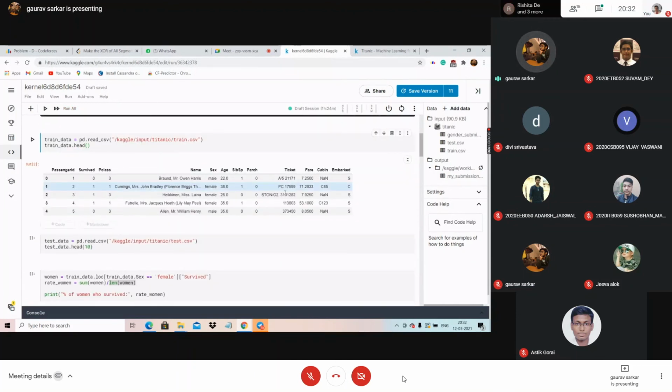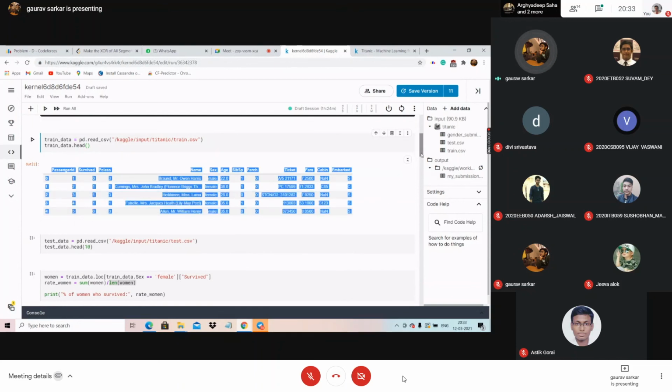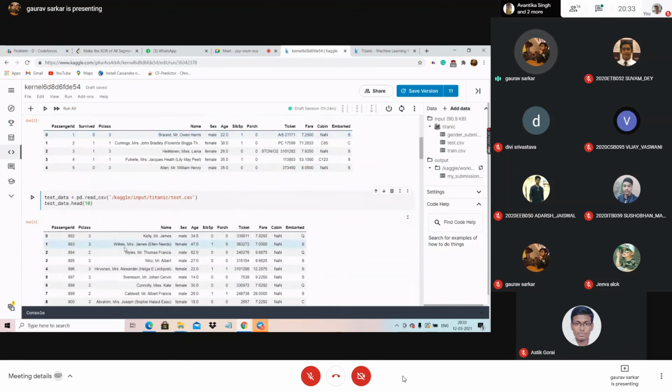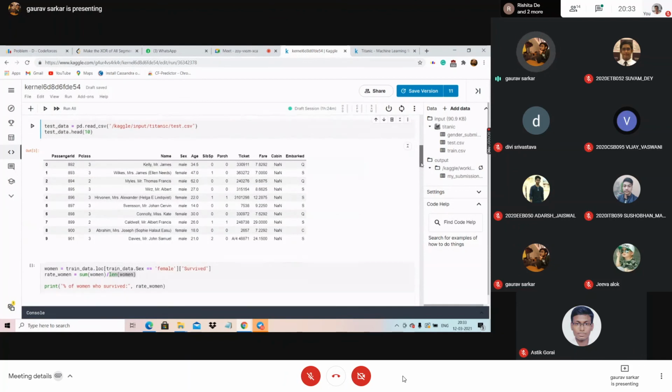Why this interactive interface is important is, suppose I am not sure about the data. I want to get visualization of the data. Now if you wrote the same code in Python, in command line, what you will get is a dumping of values, a dumping of output, like this column I got. Then again after that there is another cell, this cell. If I write in command line, I will get all these two data sets overlapped, and I won't understand a single thing. So that is the problem of command line.